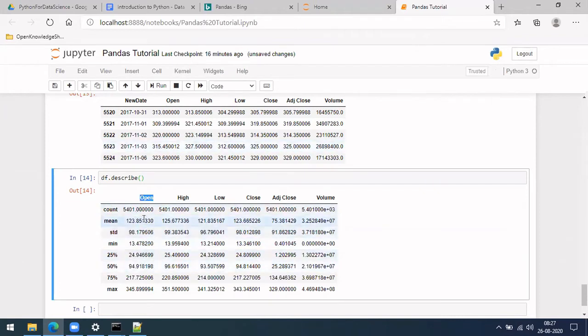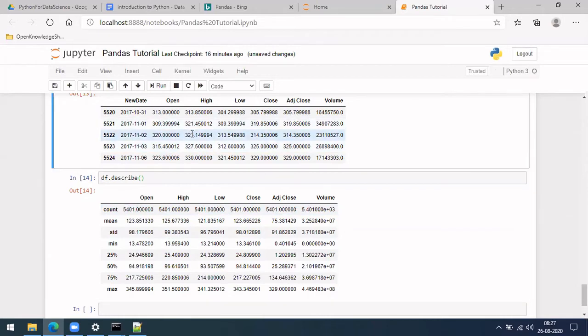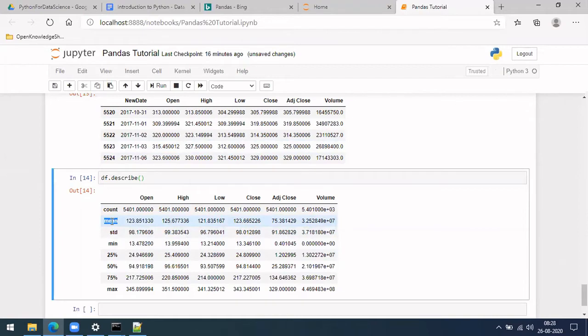Count: there are a total of 5401 values, and in between there may be some empty. Let's see that as well. Mean, the average over all those values for open, is 123 point something.